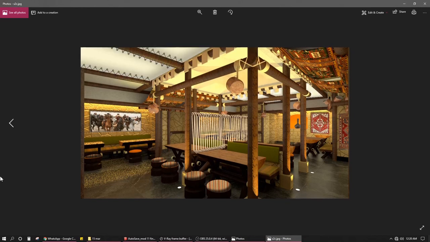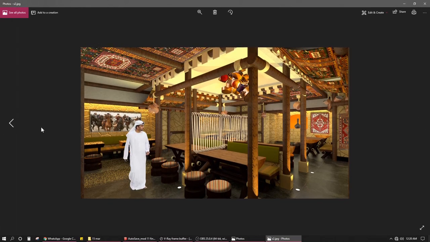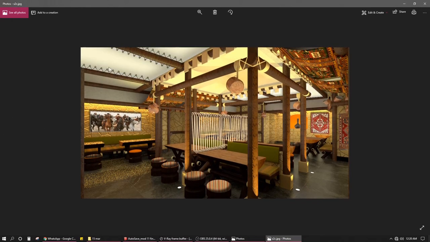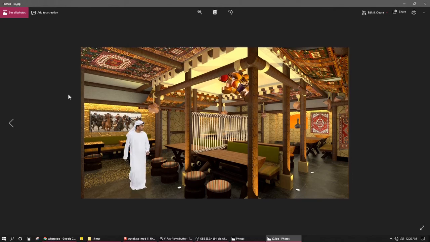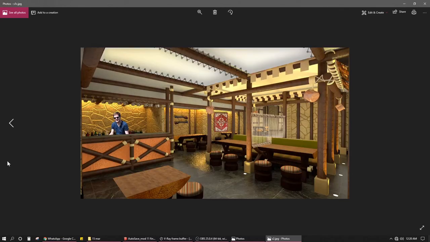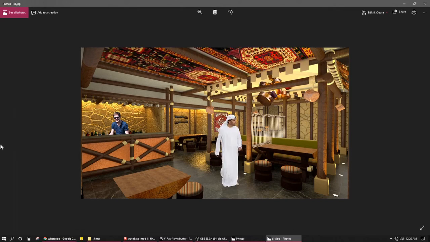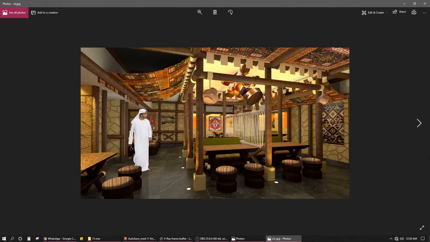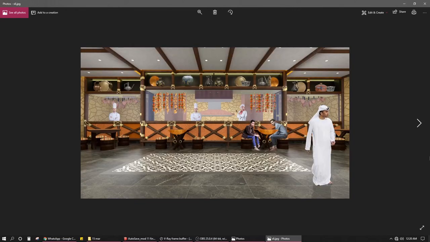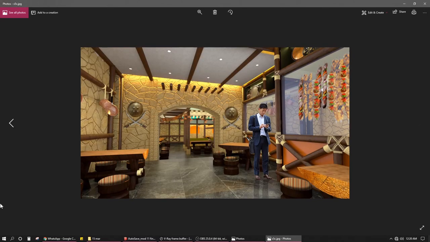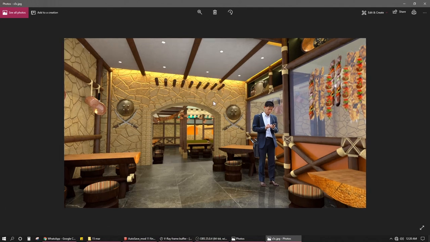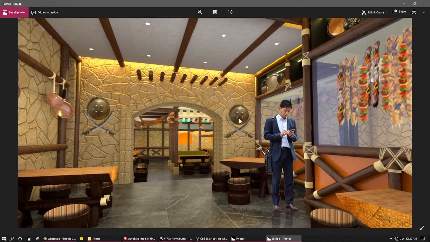Now you can always post process the views after your render is done. Like I have been experimenting with what colours to put on the top of the roof, and what all to do. There was supposed to be a bar on the inside of here. So these are all experiments that I usually do as a designer, on my designs before I pitch them to my clients. Alright, I need to be satisfied with my designs before I let them see it. So this is how you work on V-Ray.